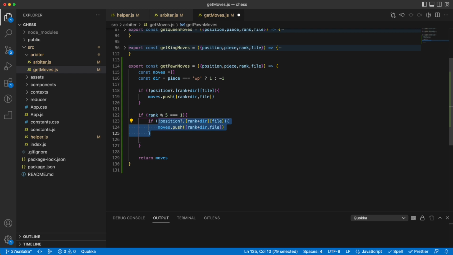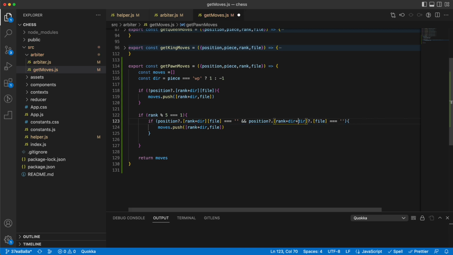Then we can check that if the position of this is empty and the next one is also empty. So if this is empty and rank plus dir plus dir and file is also empty,